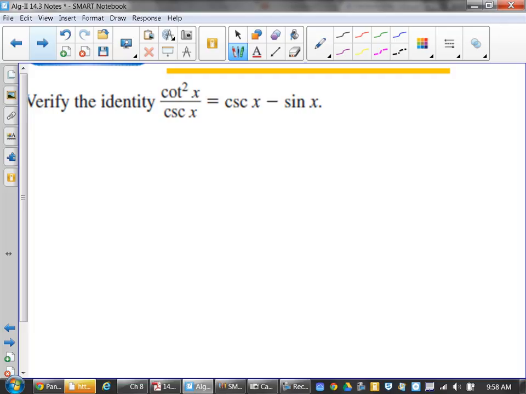Does cotangent squared turn into cosine squared over sine squared? It would, but in this case, since I'm breaking a fraction into subtraction,